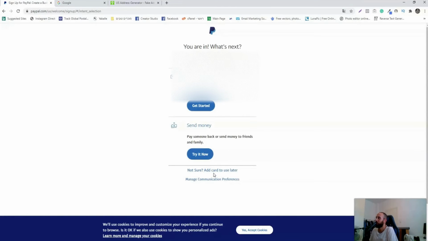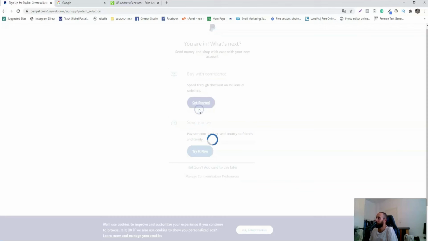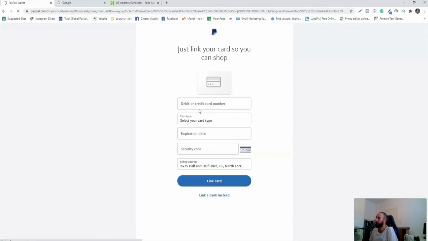The next thing will be buy or send. For a start, you will need to choose between buy and send money. Let me show you. And now you can start to make money online. If I click on buy, it will ask you for your credit card details. Now I guess you don't have one. You'll need to just do the next thing, which is